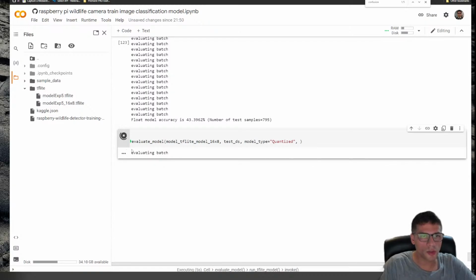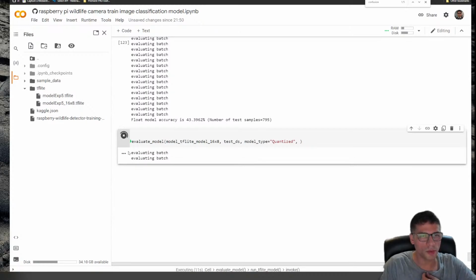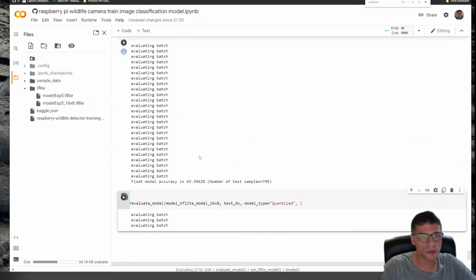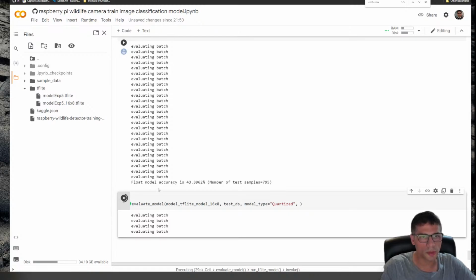If I was running this now in the Edge TPU, it would run faster because it is in a format that the TPU prefers. Everything is integers, so it can do very fast mathematical operations. A bit slower, as you can see, than the other model because